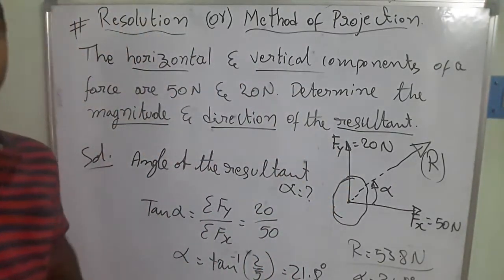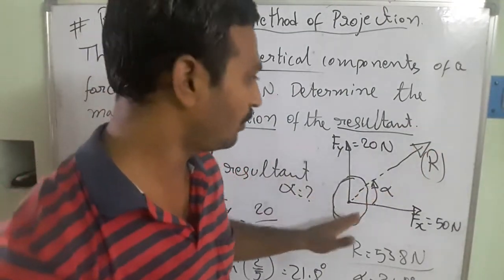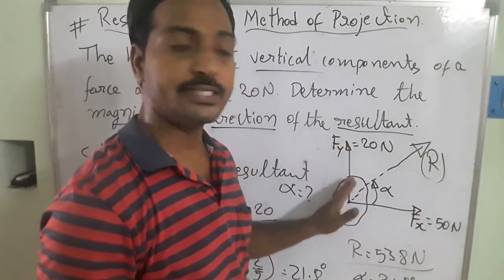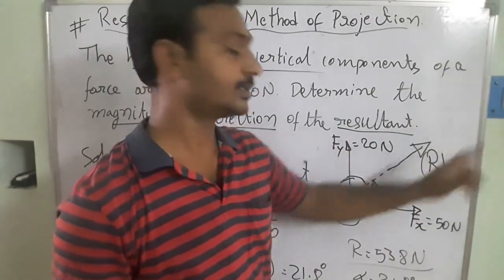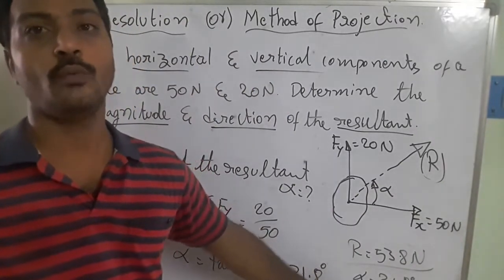So this way we calculate the resultant component, which means the direction in which the object is going to move, because it is not moving in the x direction, not moving in the y direction, but it is moving in the other direction due to the forces. So that's the resultant component, and the inclination to the horizontal component we have also calculated.